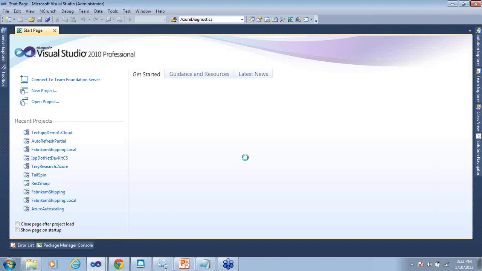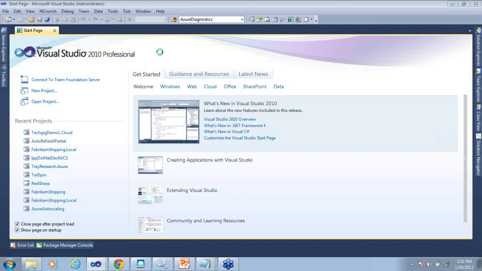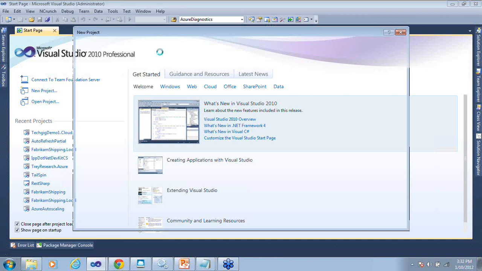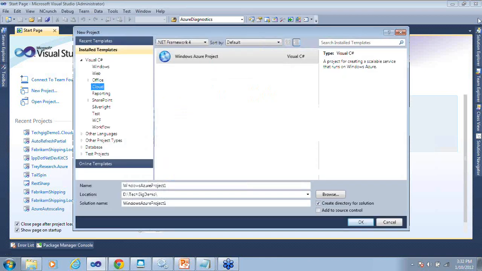After installing your Windows Azure SDK, you will see a new project type. I go to File, New Project, and under Cloud I get Windows Azure Project. I select this project and I'm just going to call it DemoToCloud. It is going to create a folder. It's standard; most of the things are very similar to the way we used to develop applications inside Visual Studio. I click OK after selecting this.